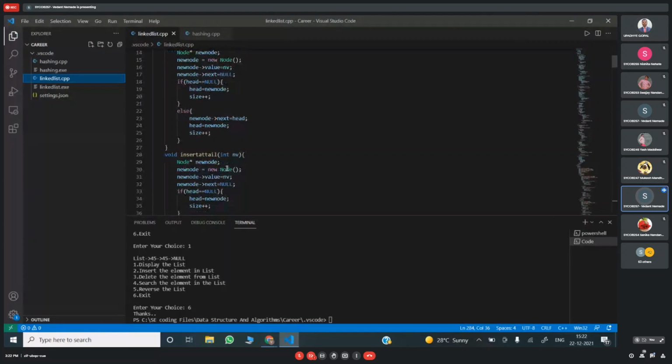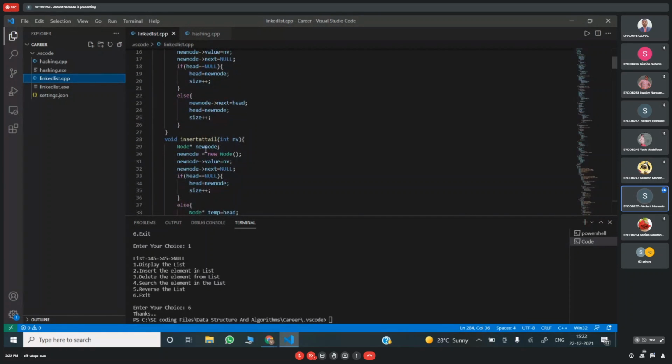For insert at the tail, I create a new node and assign it memory. After that, I assign the value, and the new node's address equals null. The tail node is assigned the address of the new node, and thus the new node is inserted at the tail.